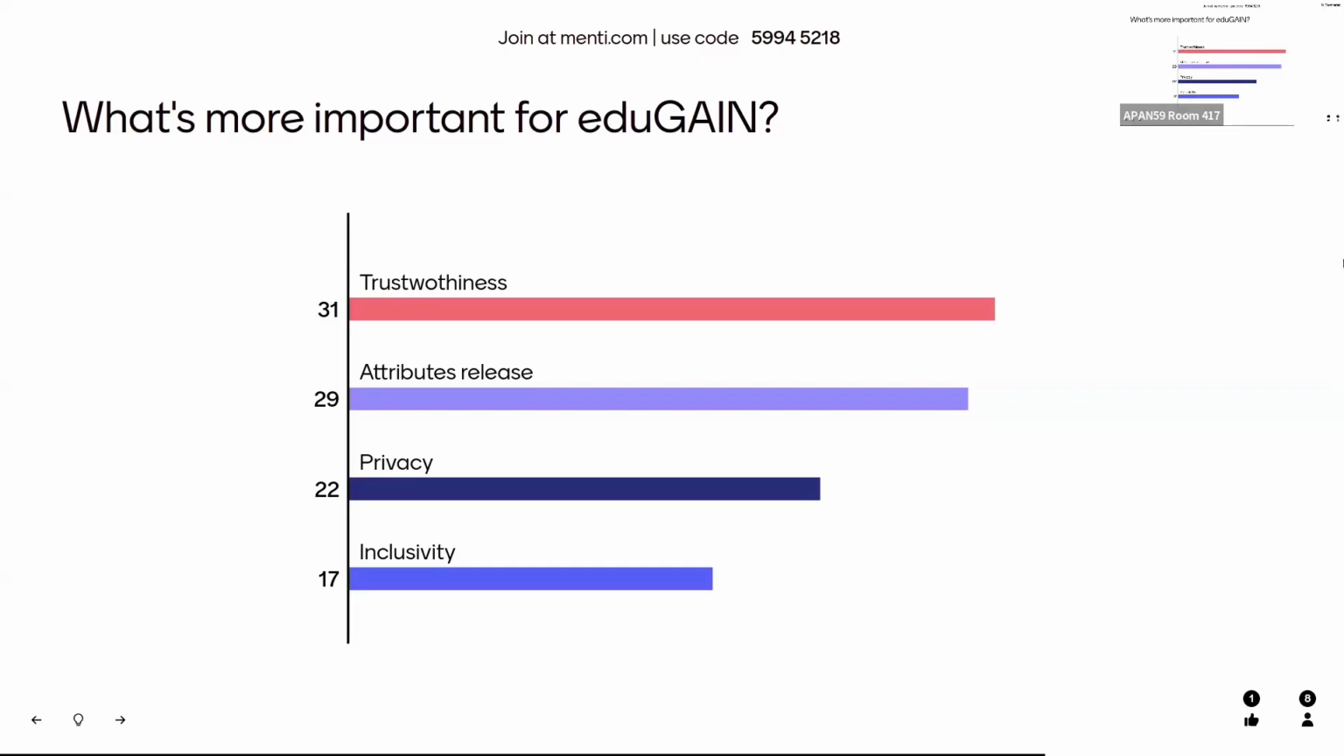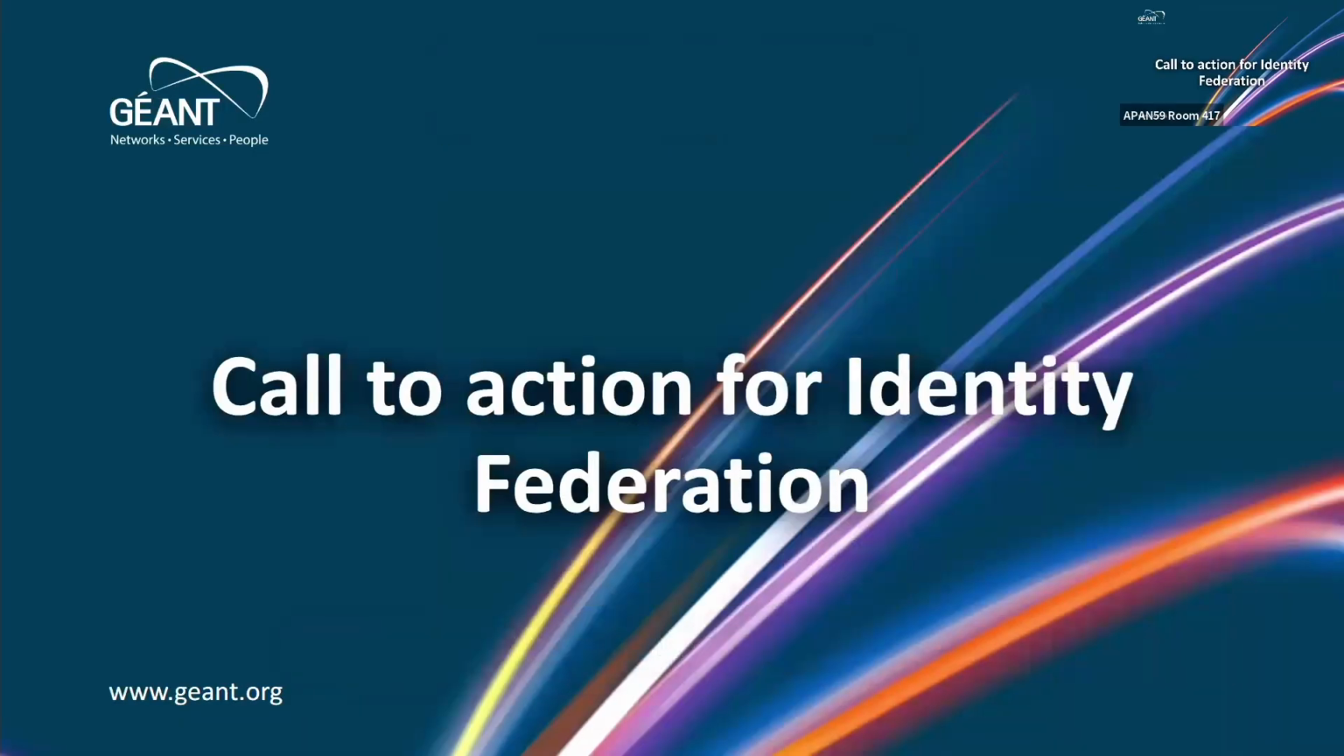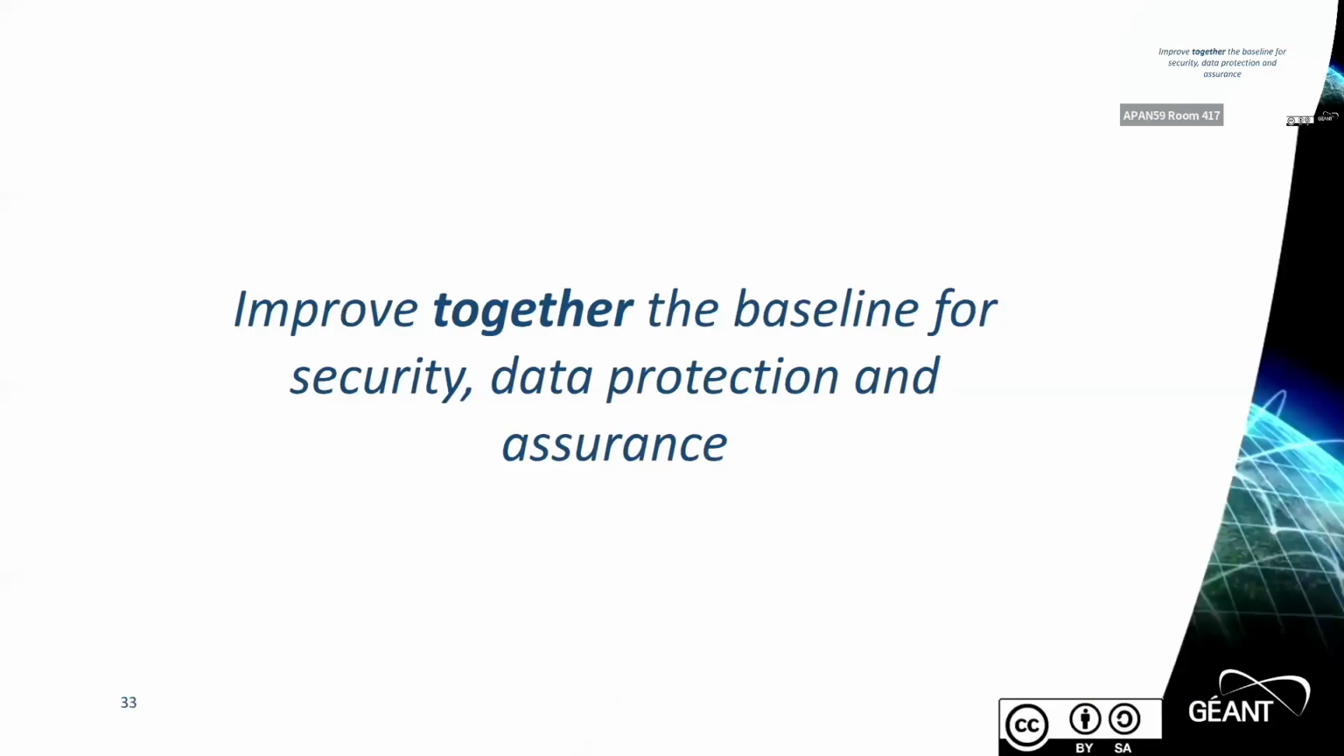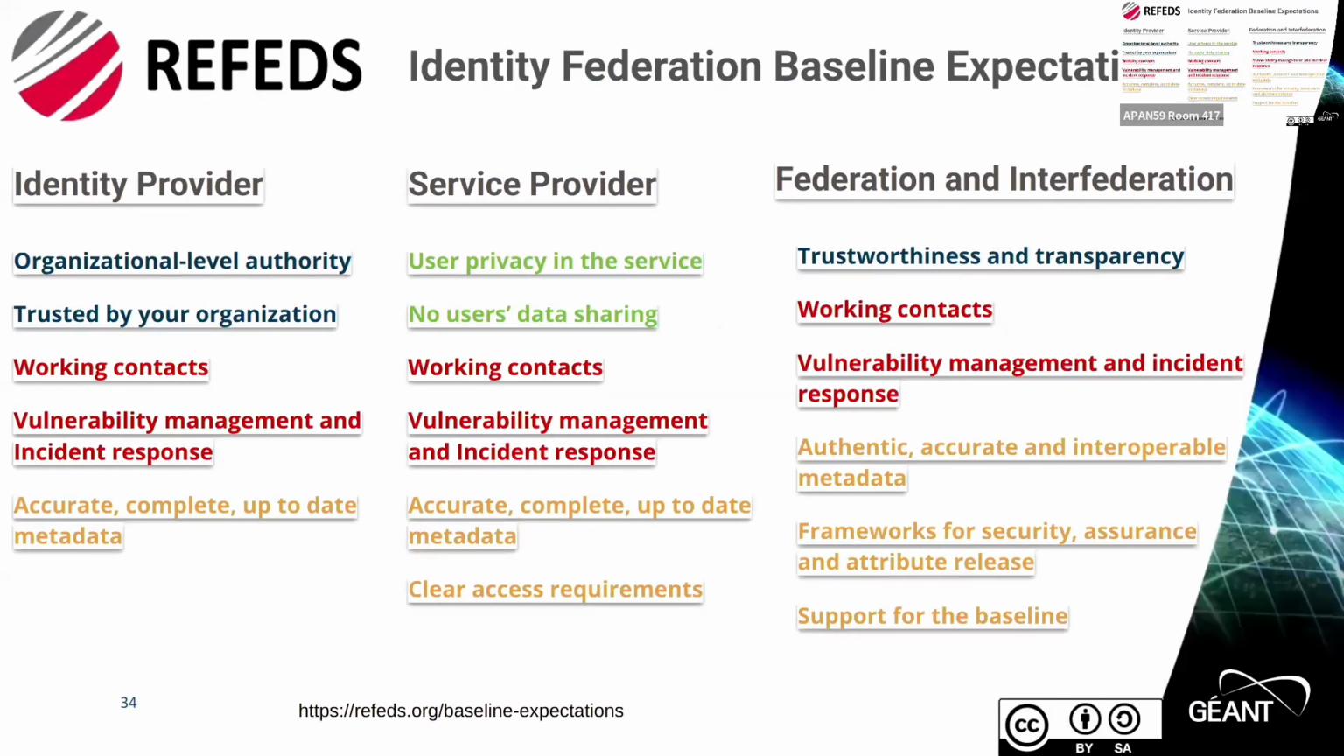Thanks, everyone. I think we can just go with the last 2 slides, which is a call to action for identity federation. We've just talked about raising the bar, which means that we want to improve the baseline for security, data protection, and assurance. Of course, we want to do this together. This is the community part. eduGAIN can't do this alone. To apply this layer of new requirements on top of the eduGAIN participants, we need the participants to do their part. And for this, our call to action is to look into the Identity Federation baseline expectation document that has been